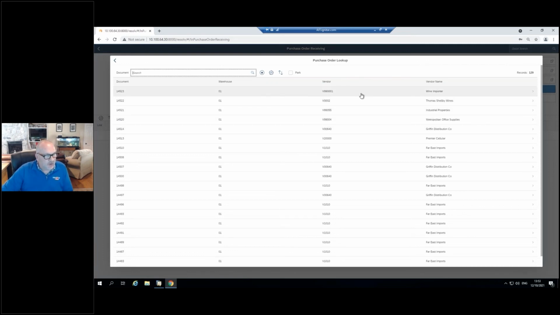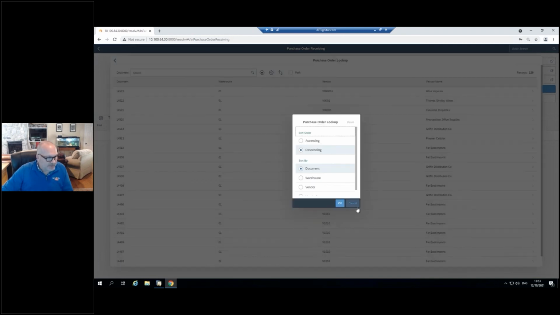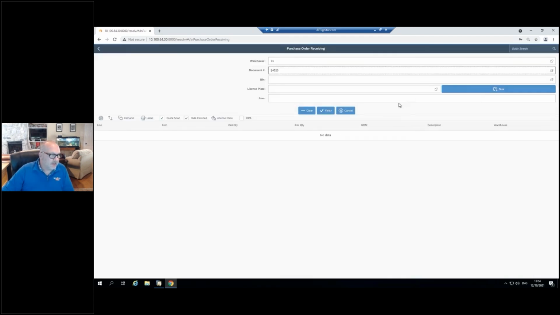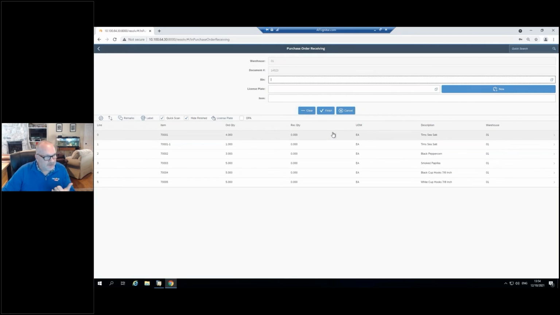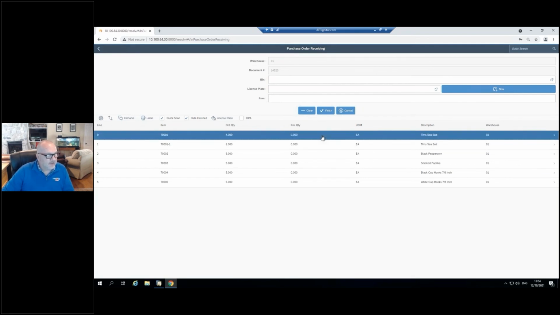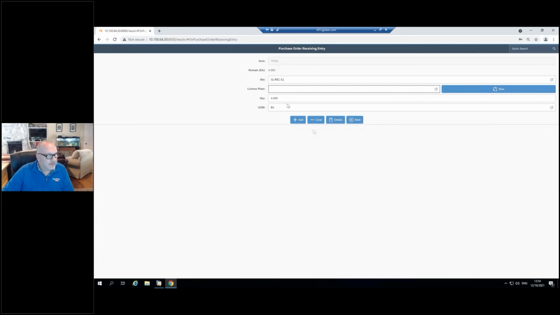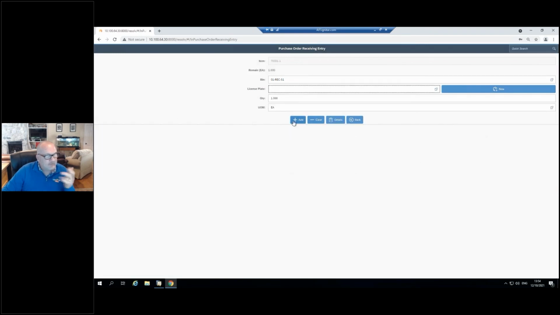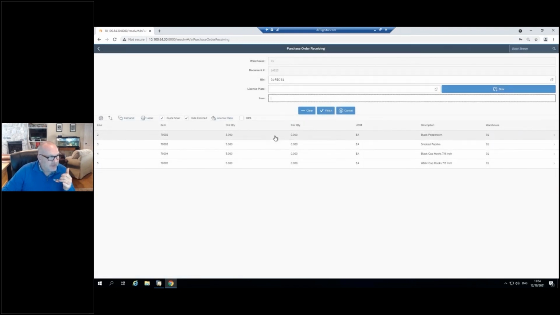You'll see in here I have it sorted by oldest to newest, but I have some different sorting options. It makes it a lot easier for me. As the screens change based off the size of the device I have, the windows will also change. So I can receive in this product. I don't have a scanner with me, but these will come from the default bin locations for the item. So it's going to want me to put it in the receiving area so it could do some staging. We could do something called license plates. I could hide finished items so I'm not looking at the same items over and over. And I'm just receiving, scanning away,